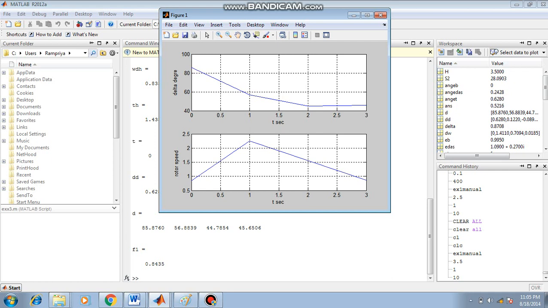Here, what I want to say is that we can vary the values. These are the graphs I am getting for inertia constant 3.5 and damping constant 10. Similarly, for different values of damping constant, 0 and then negative values, and for different values of inertia constant, maybe 7 or some other values, you can define them, find these variations, plot them, tabulate the values, and then you can complete the experiment. Thank you.